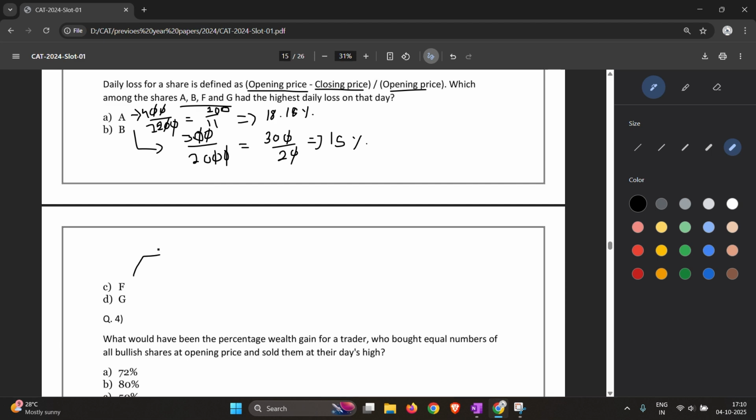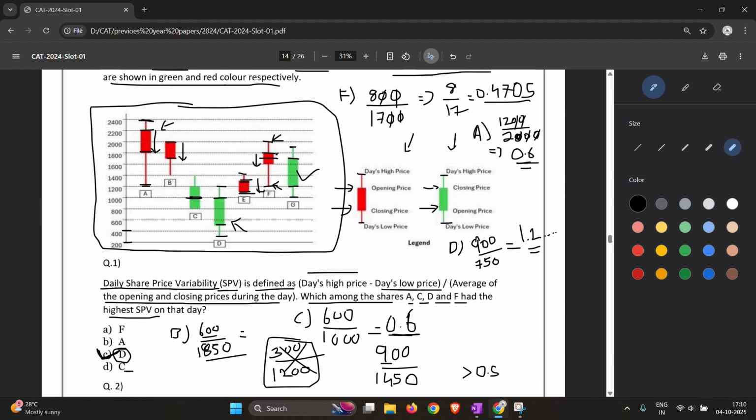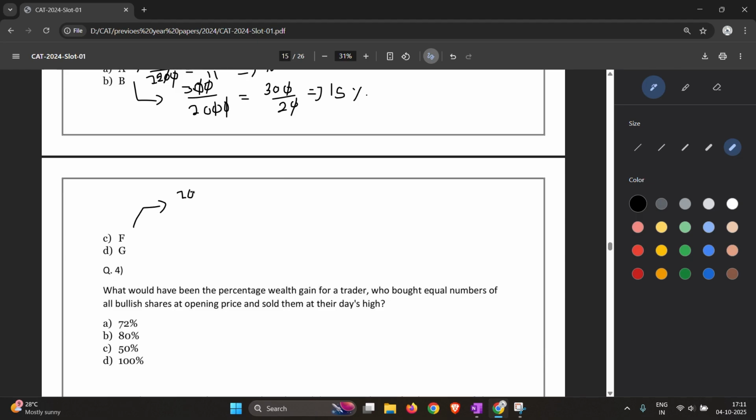So let's calculate for F as well. So for F, it will be 1800 and over here this is 1600. So 200 rupees loss and the opening price was 1800. Cross the zeros and you get 1 by 9, which is somewhere around 11%, but let's not go into